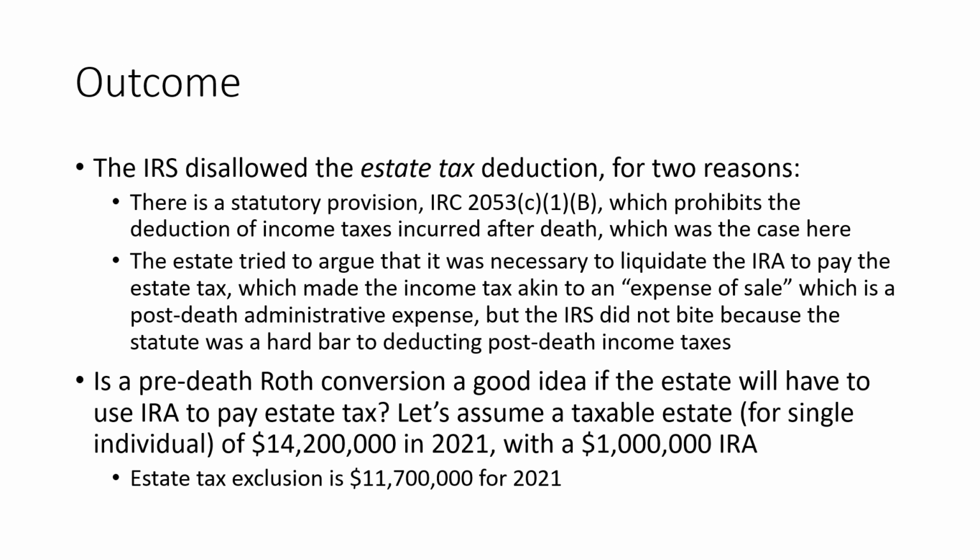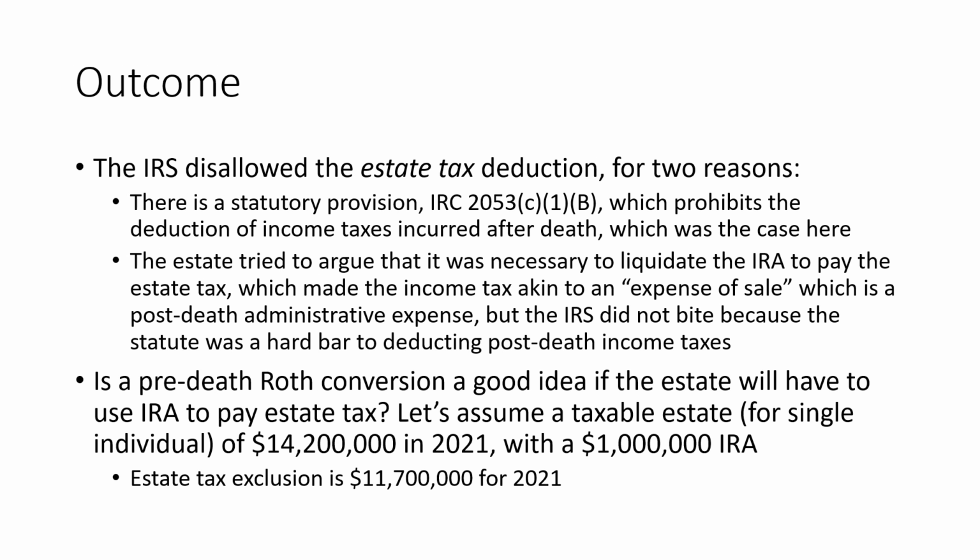So looking at this, we now kind of look at the mathematics. We had this income tax that we couldn't deduct, but ultimately, could we have avoided that with a pre-death Roth conversion? Would that be a good idea? Now, I can't represent that this would work in every scenario, but we're going to work through a small example that may have some imperfections, but may be a good forecast of where this might work.